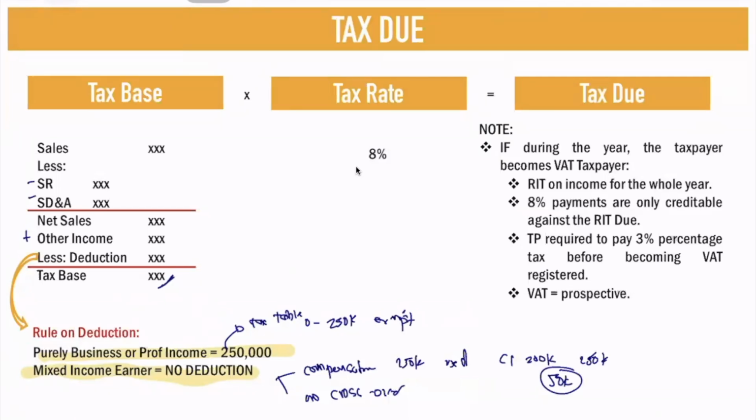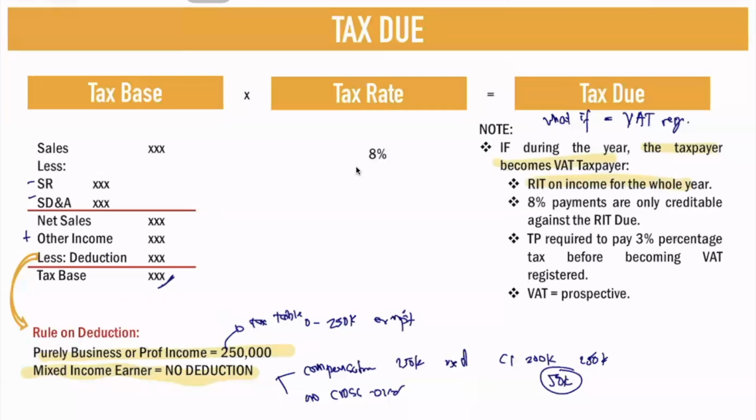But if purely business or professional income earner, you have a deduction amounting to 250,000. And the tax rate is 8%. The tax rate is 8%. Take note, once you multiply the tax base to 8%, that is your tax due. But what if you become VAT registered during the year? So if during the year the taxpayer becomes VAT taxpayer, you will be subject to regular income tax on the